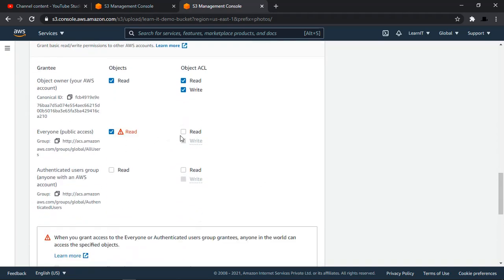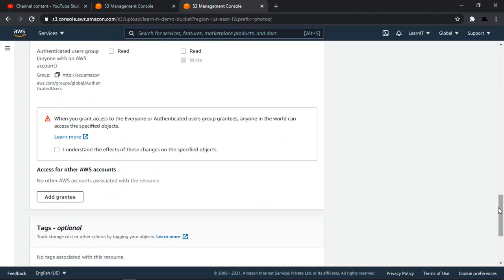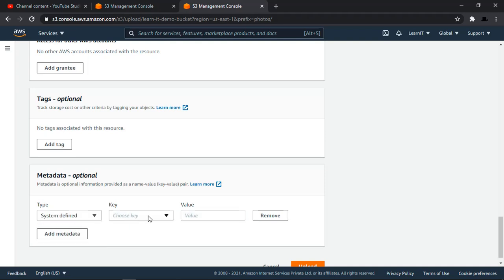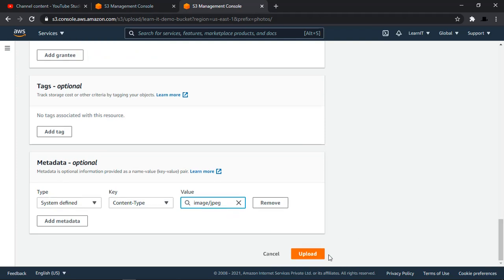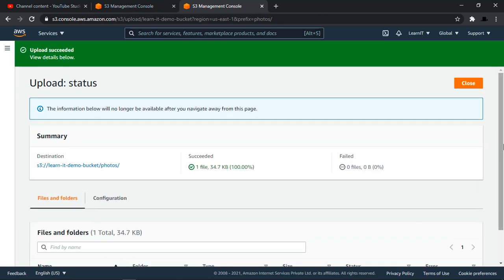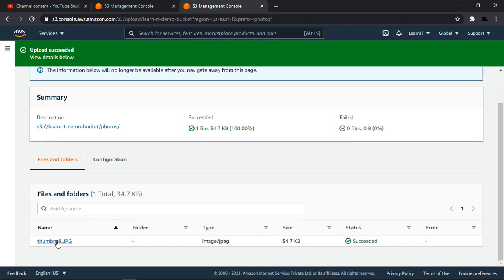This time again I am trying to set public access on this file. So I have checked it, and now I am providing metadata for this file, content type image, and I'm hitting upload. So yeah, you can see this time it didn't fail.